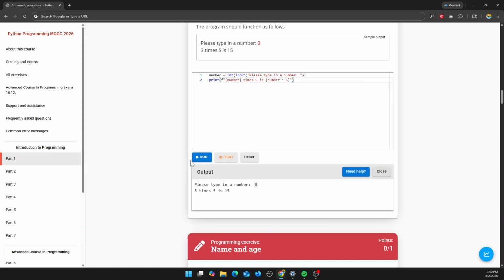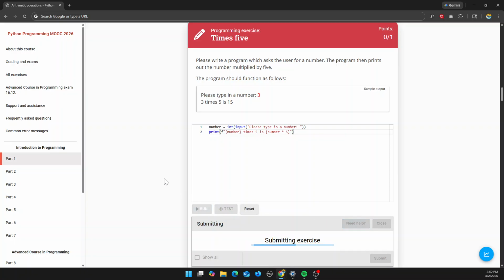3, and we get 15. If we do a different number, 5 times 5 is, I'm sorry, that didn't work. It's 25. If we do 6, we should get back 30. So we should be okay here. So if we run our test,